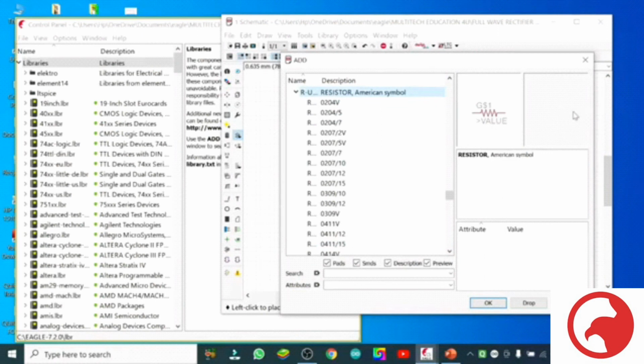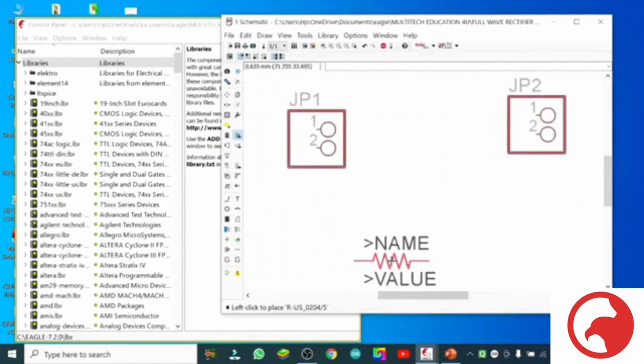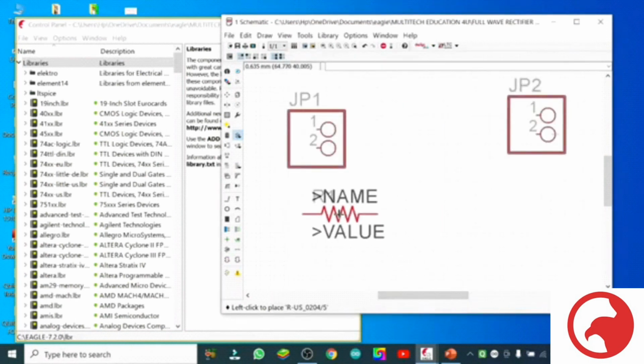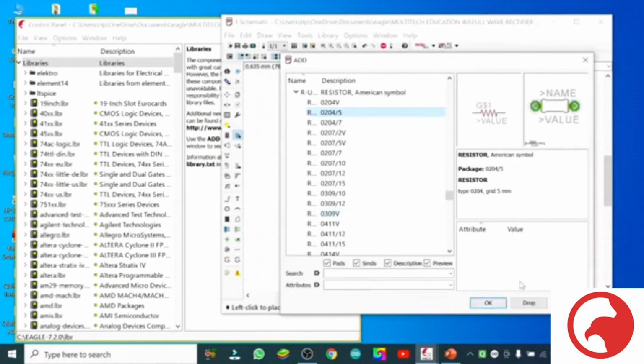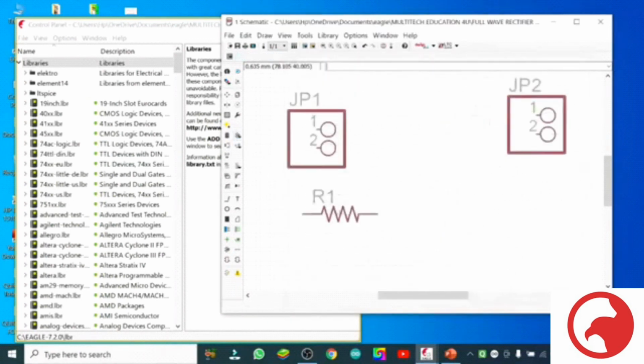See, I click the folder, the right side symbol is gone, board symbol. When I will click inside, see it has come now. And you can find this grid also 3 mm, 0.254 is the size. So we select it and bring it here. Name and values we will mention afterwards. So we need 2 resistance or 1 resistance, we can select accordingly.